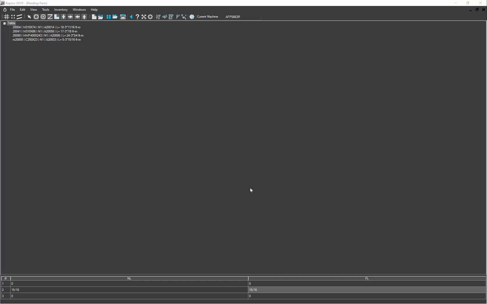The topic of this video is how to export DSTV files in Raptor. In the pending part window, with parts showing as you see them here, you can either click on the header, in this case Tekla, and go to Export Parts, DSTV, or you can export a single part by right-clicking and choosing Export Part, DSTV. In this case, we're going to use the Tekla header